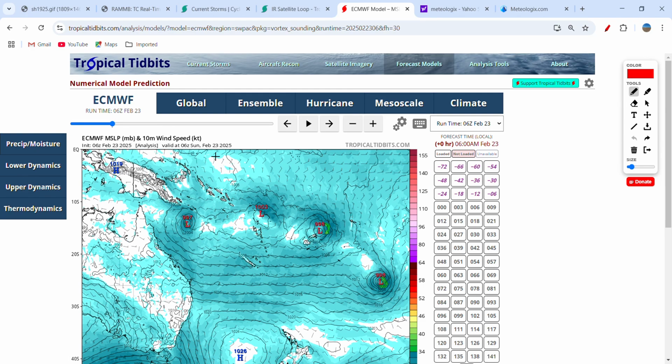And obviously, it should be noted that the ECMWF doesn't actually take in best track data for its initialization, while the GFS does. So GFS might have a bit more accurate results in the short term because the data when it gets assimilated for the model to run, it takes in the best track data for any tropical cyclones active. The ECMWF doesn't do that, so the initialization pressure might be too low. It probably was at this time, but it was also a developing cyclone. It might have not been too far off the actual pressure at the time. Remember, that was 12 hours ago, so